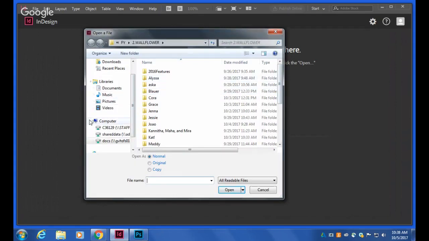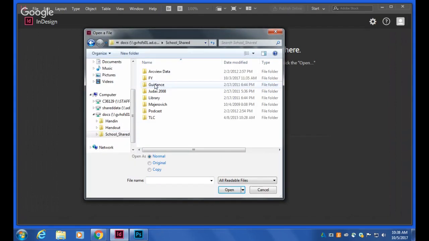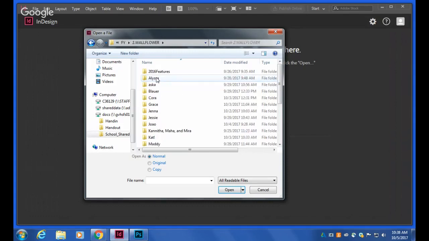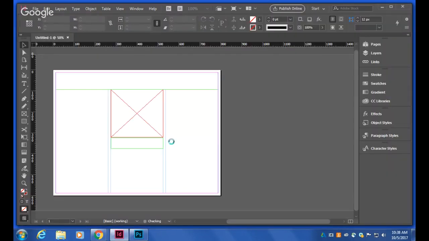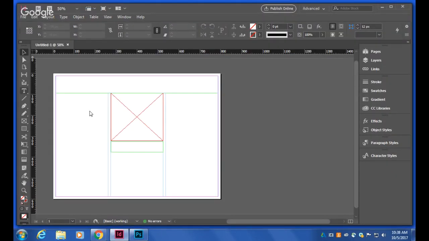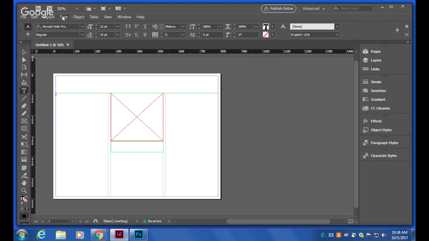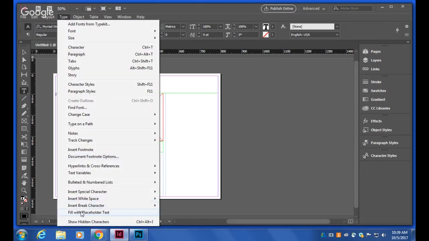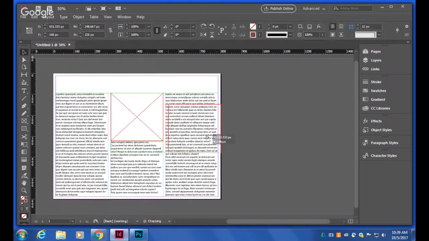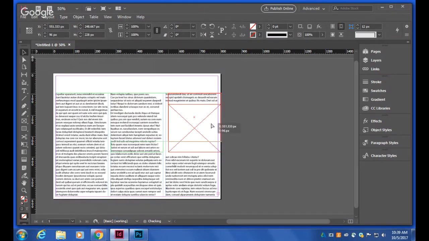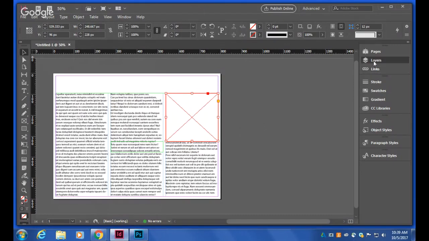So I'll go to the wallflower file. Just remember, this is with our template here. I'm going to fill it with text. Now we've got text here. I'm going to take this picture frame, which is sitting on top of the text frames. So if we look at our layers, Layer 2 is above Layer 1. And I'm going to import